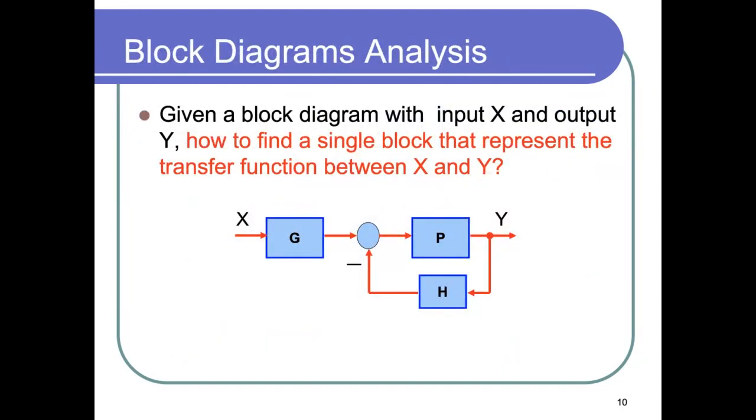So now let's talk about block diagram analysis. Given a block diagram with input X and output Y, how do we find a single block that represents the transfer function between X and Y? So this is an example. You have G, you have then a feedback loop P with feedback H. So if I want to find the step response of the system, unless I have a block diagram with one block representing the entire system, it might be difficult. But using block diagram reductions, I can replace this by a single block, call it, let's say, F,